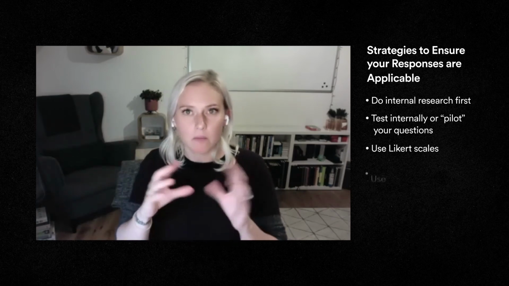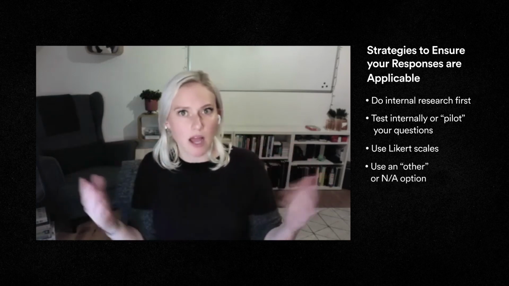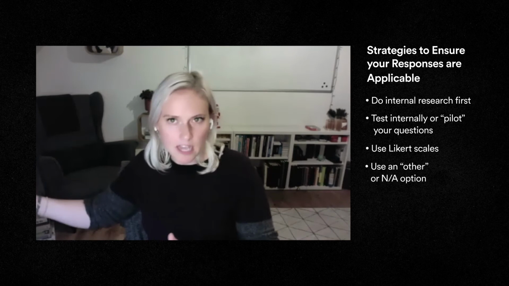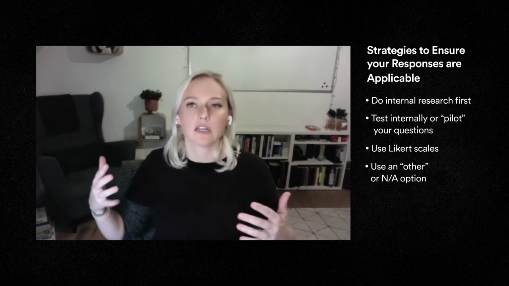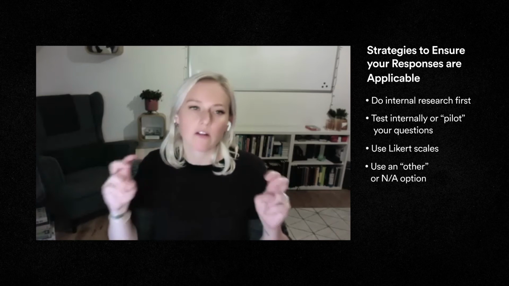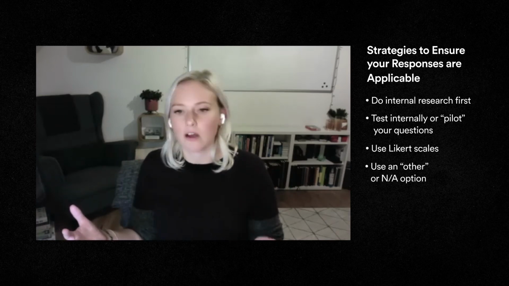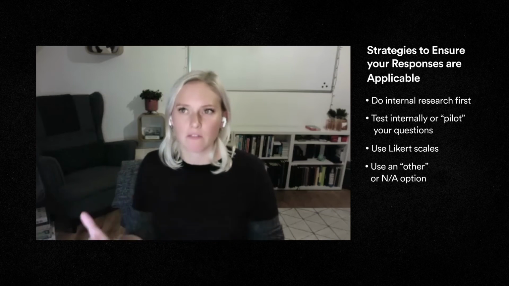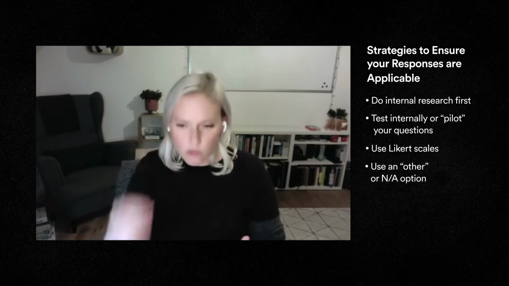And then finally, put an other section, or not applicable, other with an open text field. All of these things can really help you, especially if you're still not sure what the correct responses should be for your survey. If people can't find a response that makes sense for them, they can choose other and write in their response. By using these methods, you're mitigating that nightmare of interpreting data that is not really interpretable, and you're also mitigating very low response rates when people can't actually answer your required questions.